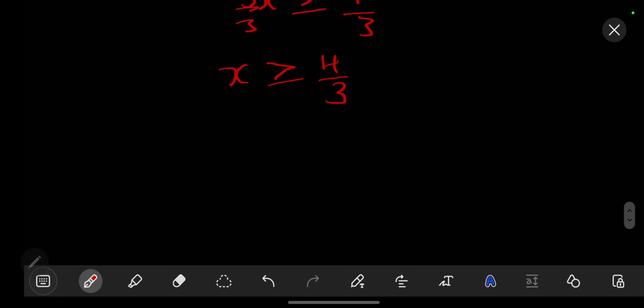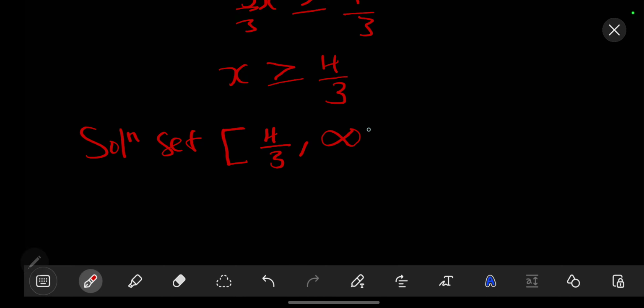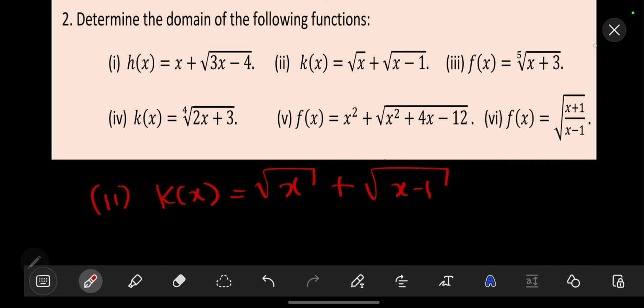So if x is greater than or equal to 4 over 3, that means your solution set should be equal to, we have the smallest value included, so we are going to use a square bracket. We have 4 over 3, comma, all the values that are greater than 4 over 3 will go up to positive infinity, like that. Then let's look at our next one. If you have such a situation, what do you do? You're going to find out